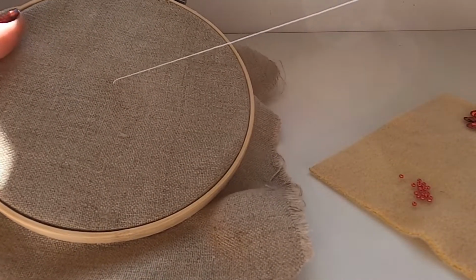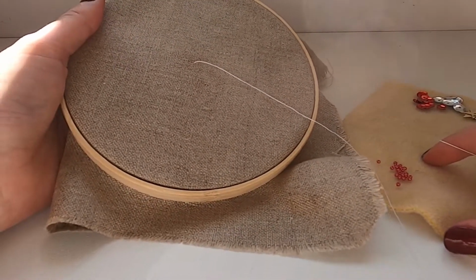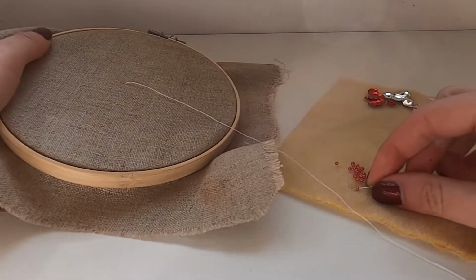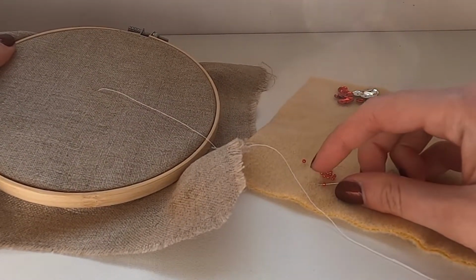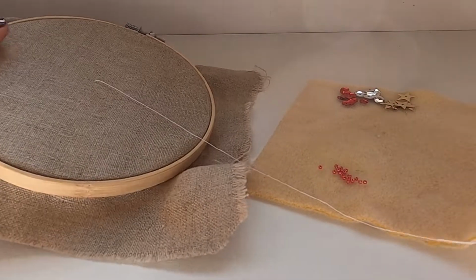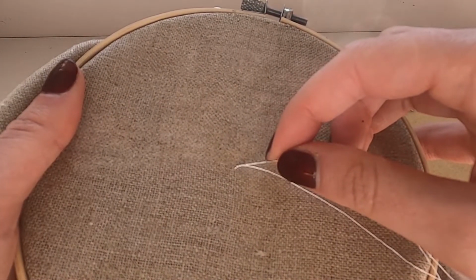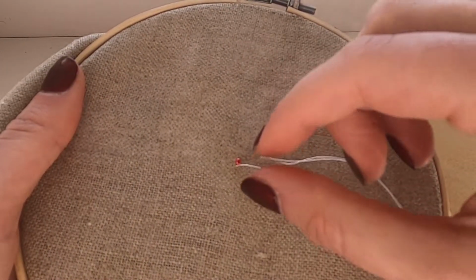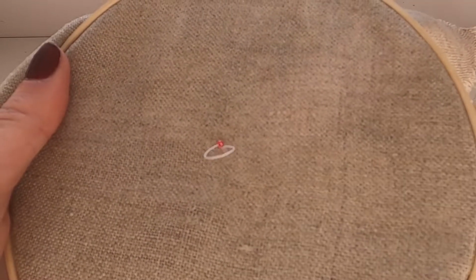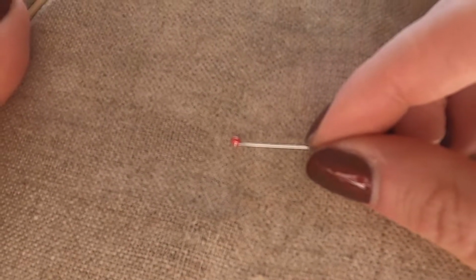The bead mat stops the beads from rolling about while you're sewing, and actually just means that you can pick your bead up by putting your needle through the bead straight into the mat, and so it just makes it a little bit easier. And then you're going to want to bring your needle back down into the fabric, literally the width of the bead. And so once you've stitched your bead on, you can't see the thread,